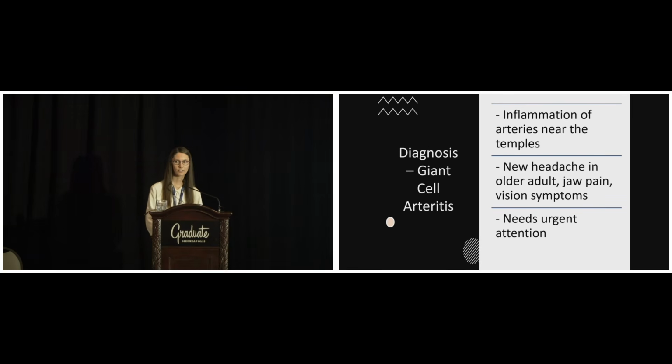This is giant cell arteritis. So this is a little different type of headache disorder. This is caused by inflammation in the arteries. We think of this when we see someone who's over age 50 who has a new headache on one side, specifically if they have jaw pain, and then we always hope they don't, but sometimes they'll have vision symptoms as well. This is important to diagnose right away because it can be an emergency. That vision change can become permanent, or the person can actually go blind.